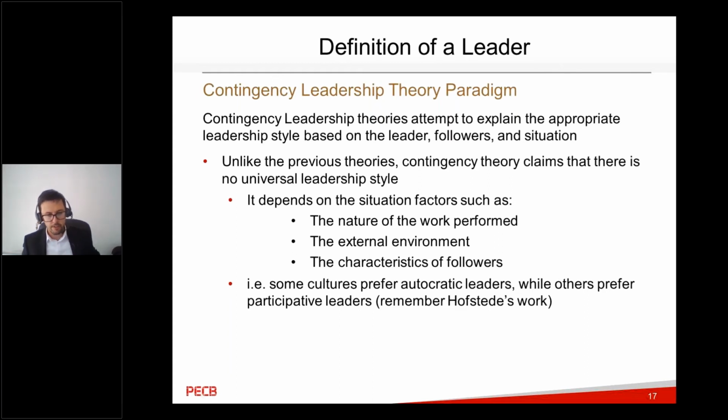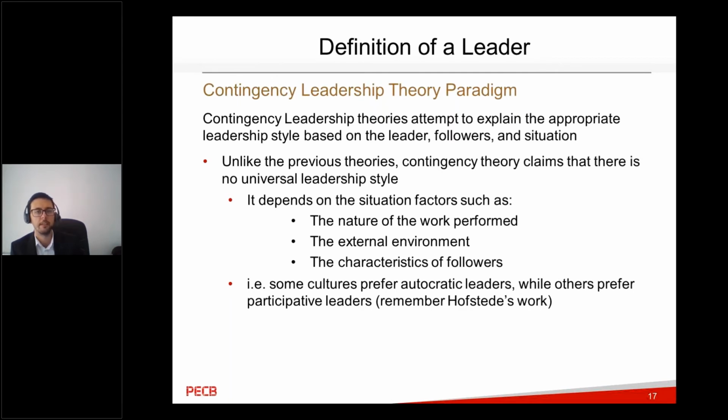So in other words, it seeks to understand which traits or behaviors will usually result in leadership success after we take into account these environmental variables. For example, we have some cultures that prefer autocratic leaders. And that means that one of the other environmental elements that we need to take into account is also the cultural variables. And we have to tackle this because nowadays there is virtually little room for isolated work in organizations,